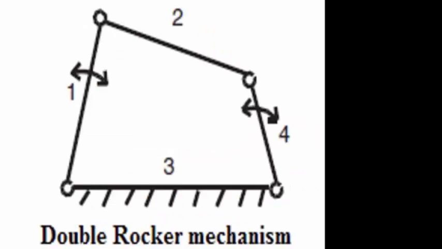The next one is a double rocker mechanism. In this case, the two side links, that is link number 1 and link number 4, are having rocking motion. Where are you using this double rocker mechanism? The double rocker mechanism is used in steering. You are putting a rack and pinion arrangement, and if you are rotating one of the links by some distance, the other link is also going to rock. It is not going to have a full rotation. So these are some of the basic mechanisms which are possible, and these mechanisms have got wide applications. They are used in many devices to achieve special kinds of motions.